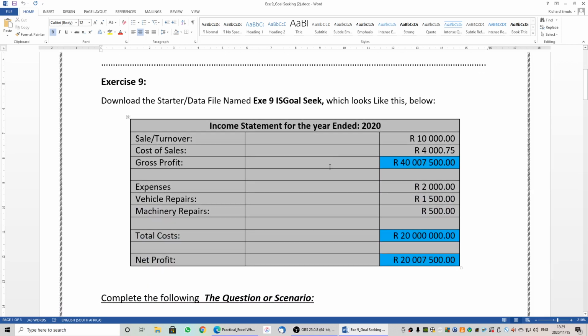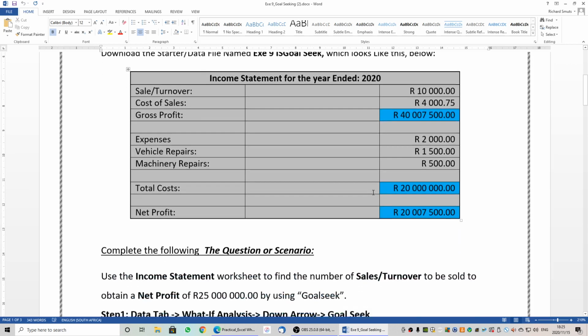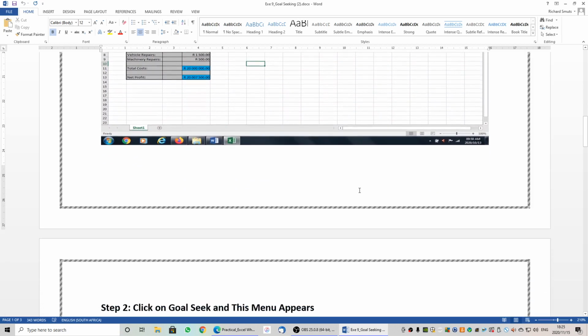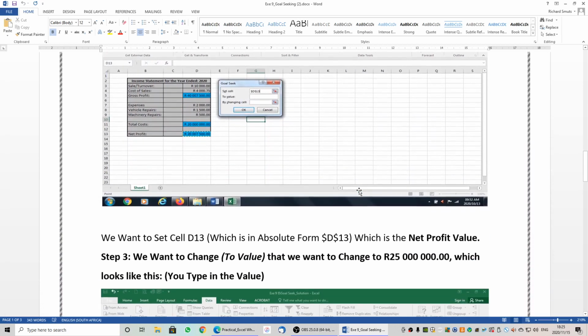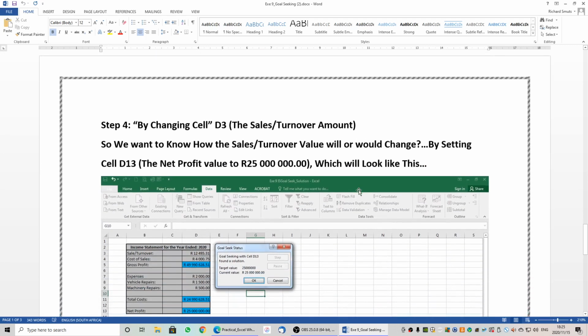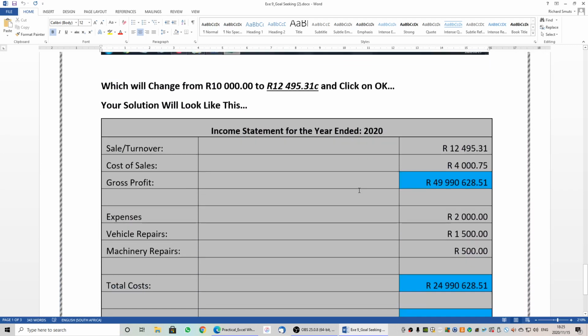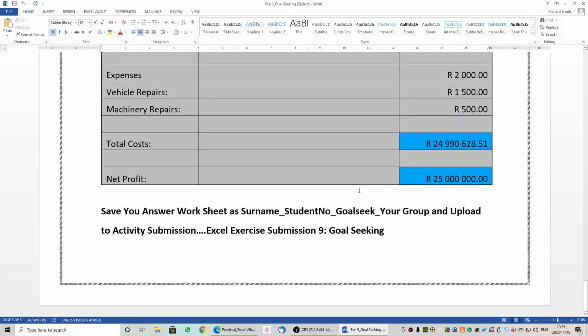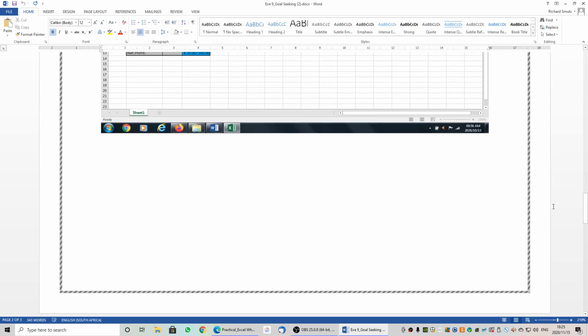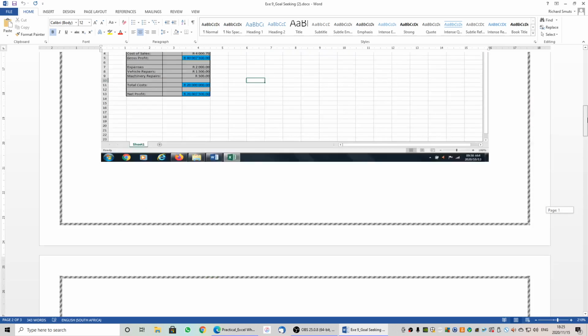And we have given you a table. Download the starter named exe9is goal seek, which we're going to do now. And we are going to follow the instructions as they are presented step by step to you in the goal seek. However, students, there is a catch, and I think